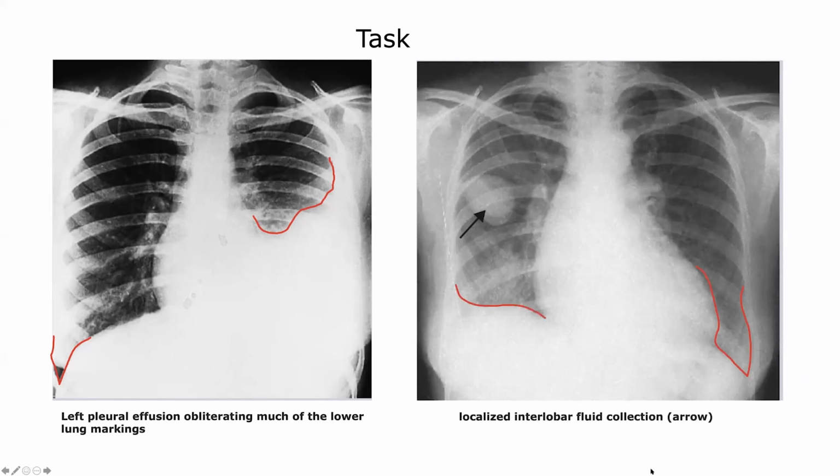Are we clear? So you can see a localized intralobular fluid collection that has been marked here. And then this is where the angle has been. This is a pleural effusion. Cardiomegaly, yes, excellent. Yeah, this is what is needed from you guys, that you should not look at only one angle. You should look here, you should look here, you should look here. Everything should be evident, and that shows you are Al Faisal students because you're smart.